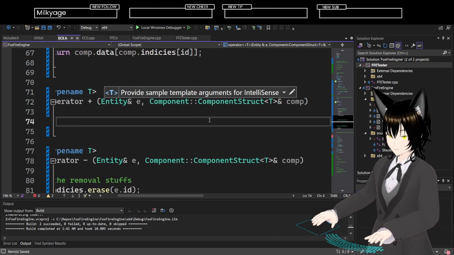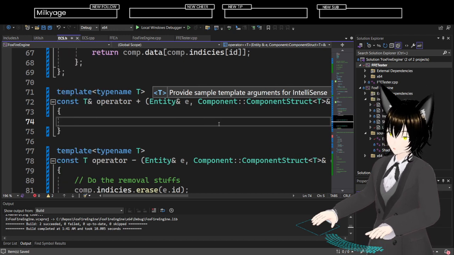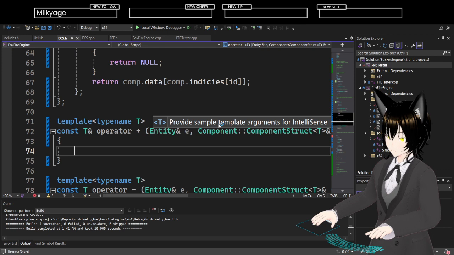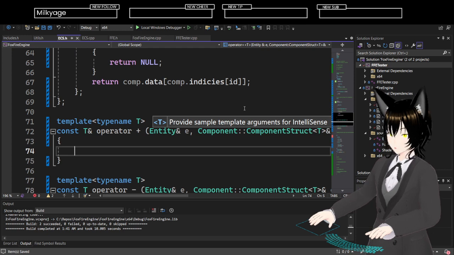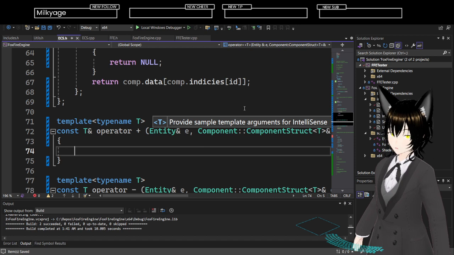So we have the component and we have the entity and the component. So I want to add it. I mean, if someone wants to add the same component multiple times, I think it should just override it.